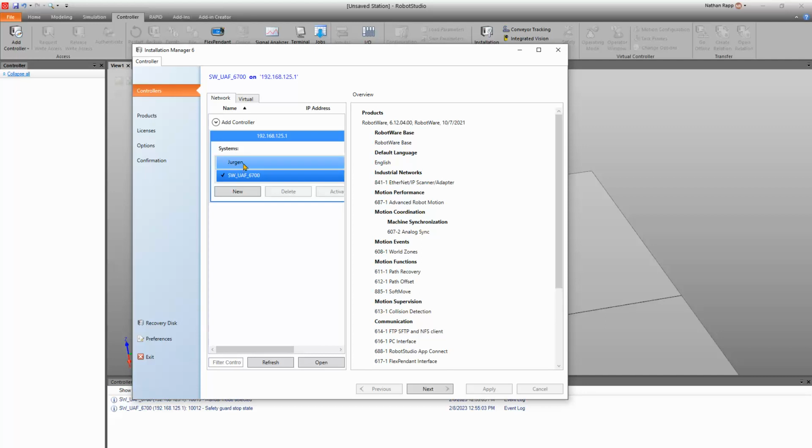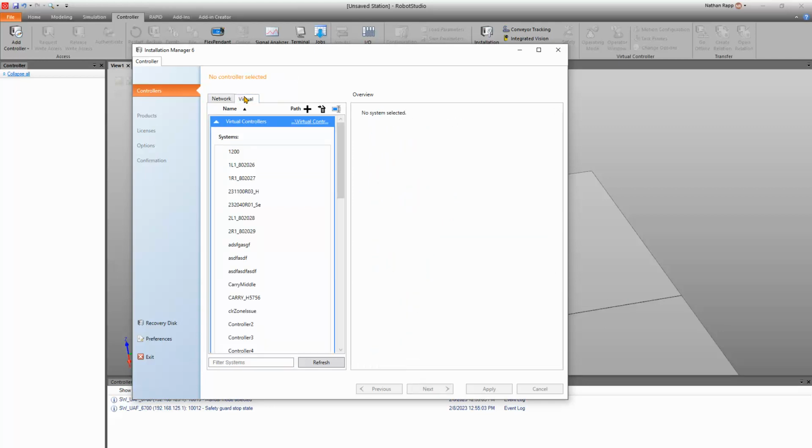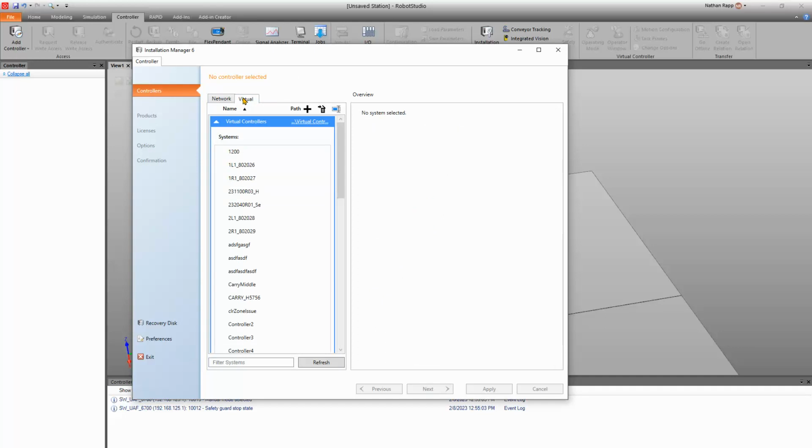So this is the physical robot we're connected to, and if we were going to go ahead and make changes, then we could follow these prompts to make changes on the existing controller and change and add options. But if we're going to create a virtual controller, we're going to come over from the Network tab to the Virtual tab and add a new path. And what are we going to name this one? We're going to name it